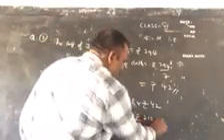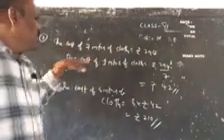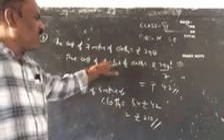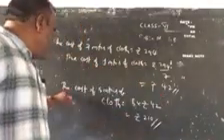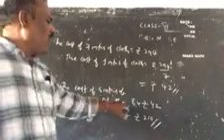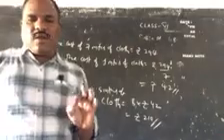210 rupees, children. Okay, so the problem was: the cost of 7 meters of cloth is rupees 294. So we have to find out the cost of 1 meter of cloth, that is 294 by 7 equal to rupees 42, and then the cost of 5 meters of cloth equal to 5 into rupees 42 equal to rupees 210, children. Okay.